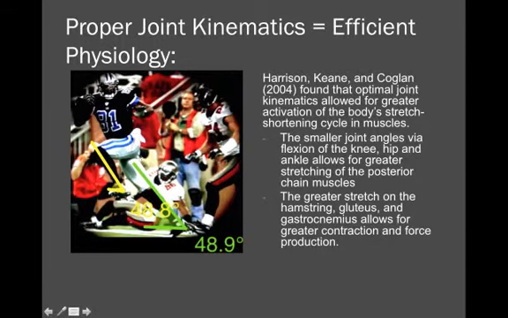are all being stretched. And as most of us know, with the stretch shortening cycle, the greater the stretch, immediately followed with the down force, creates a greater contraction force in the muscles. So greater stretch here when everything is flexed appropriately, greater force production when it actually comes time to contract. So that's an important aspect.